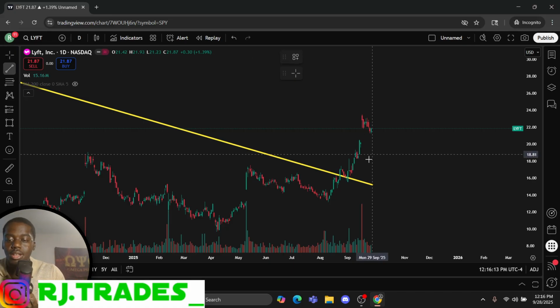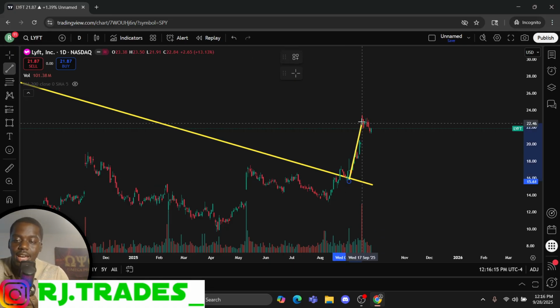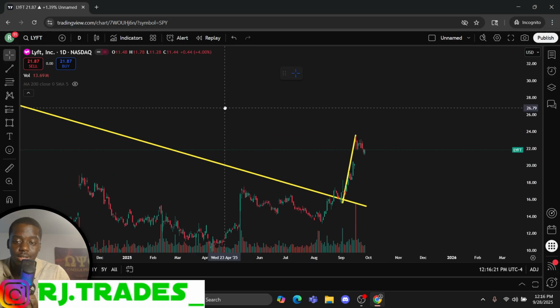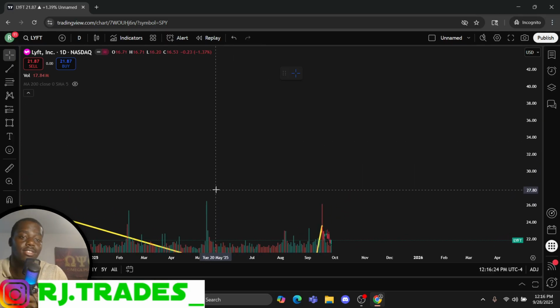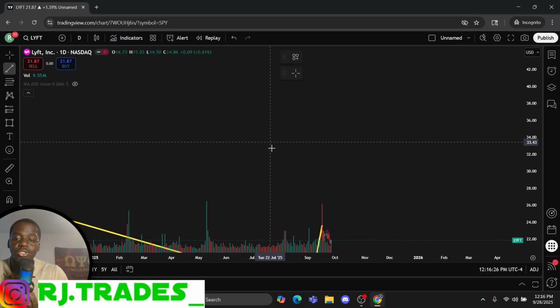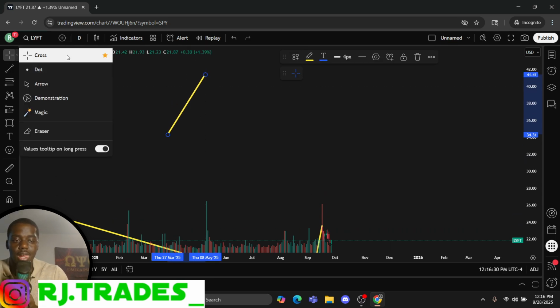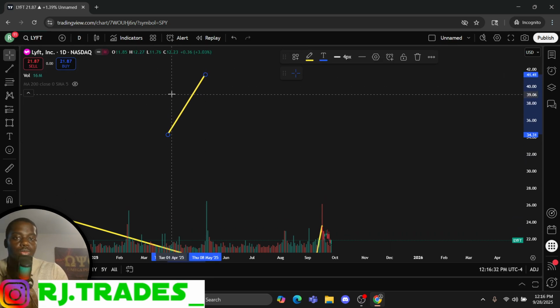All right. Number 1, you want to see a stock have a nice run up. That's number 1. Okay. And Lyft actually might be forming it. Lyft might be forming. I didn't even see that. But what you want to see first is you want to see the stock have a nice run up. Okay. Now, after the stock runs up, it's going to pull back.